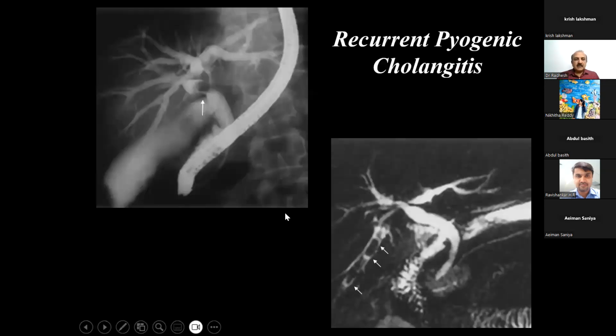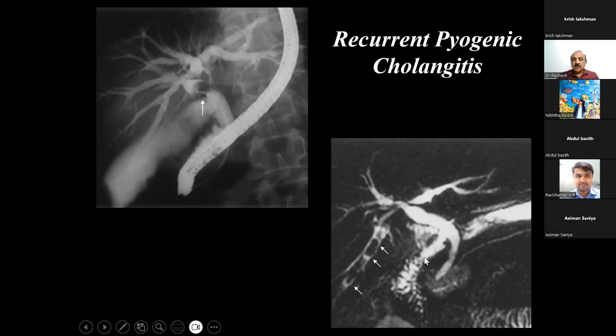Now, let's look at this. This is your ERCP. You also see calculi here, which are just the filling defects. And this is the MR, where you see strictures here. The right hepatic duct is narrow, then you see the dilatation. This is the left hepatic duct, which is dilated. Then you see the narrowing. This is the segment 6 duct. You see filling defects within it, which are